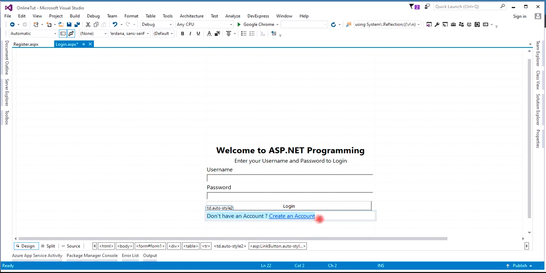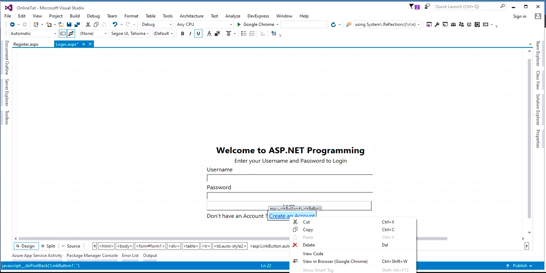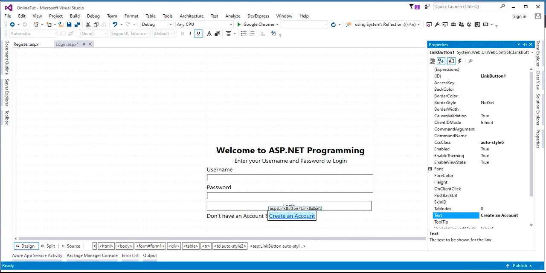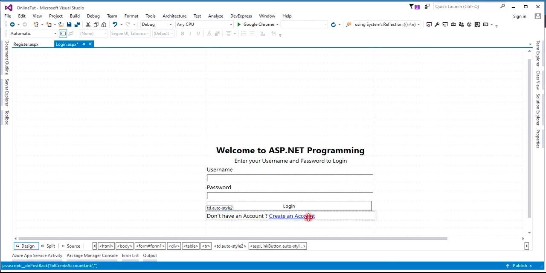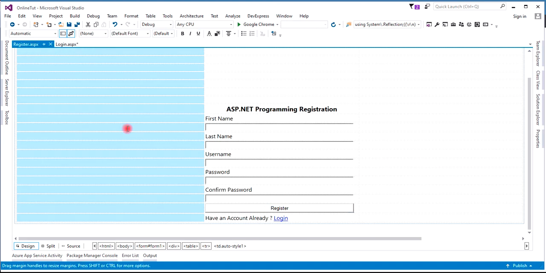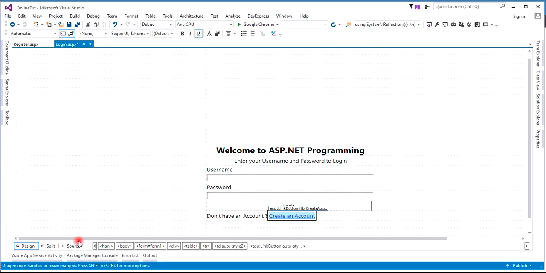Okay, so here we have to create an account. Right click, and then we'll give it an ID. The ID here is link button 1. Make it LBL create account link. Okay, LBL create account link, and then back here, over here,